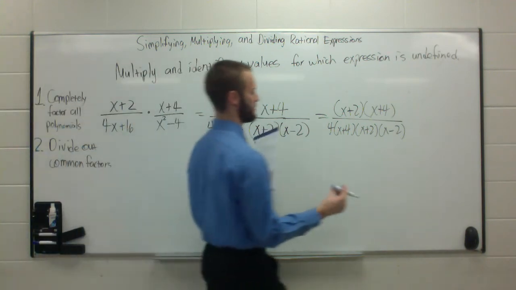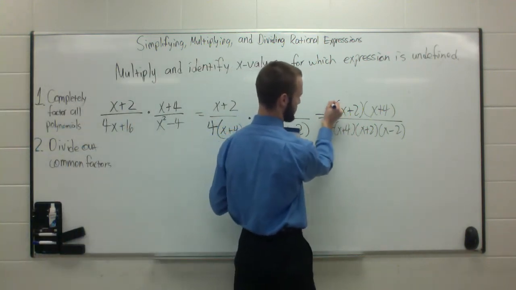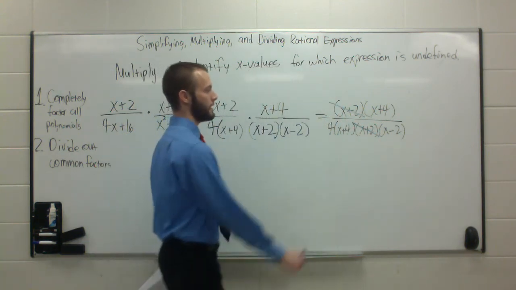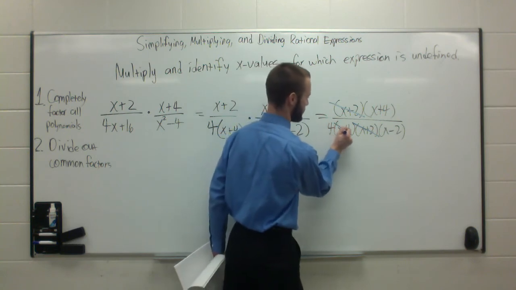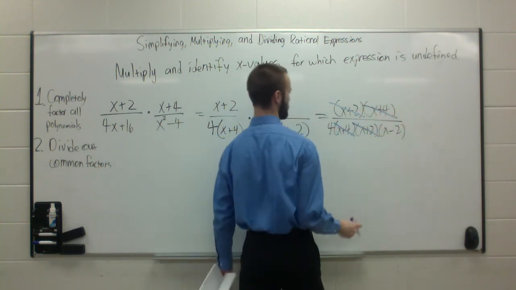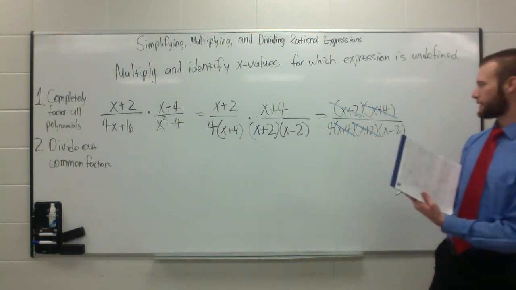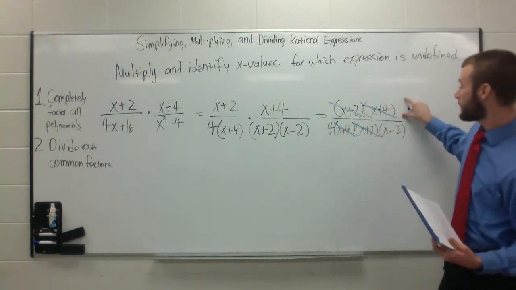So I notice there's a common factor of x plus 2 in both the numerator and the denominator, and a common factor of x plus 4. So all of these are dividing to 1 when I cross them out, and what I'm left with is nothing in the numerator,